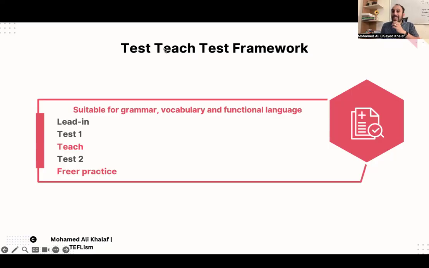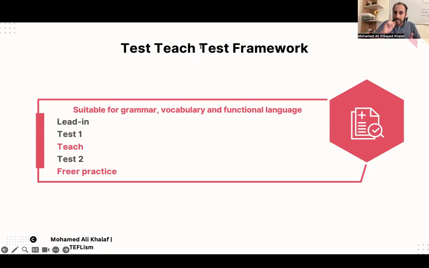If you got a word like determined in test 1, and they were able to match it effectively with its definition, for example, you need to make sure that they pronounce it correctly. So maybe there will be a touch on pronunciation before they move to test 2 and the freer practice. Okay, so we touch on the phonology, then we move on to the practice. But apparently, they don't have a problem with the meaning.